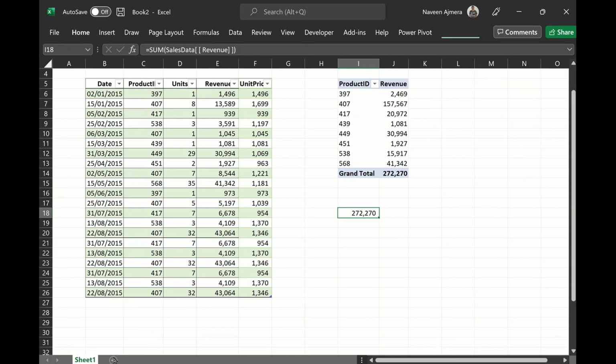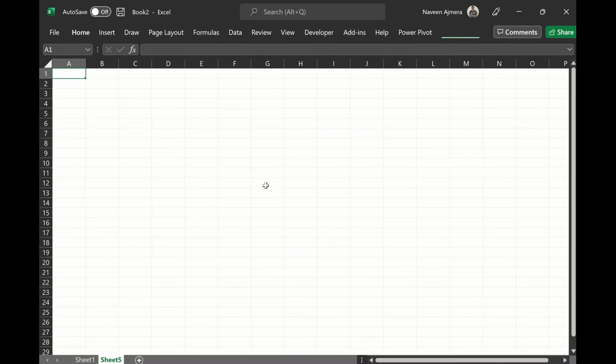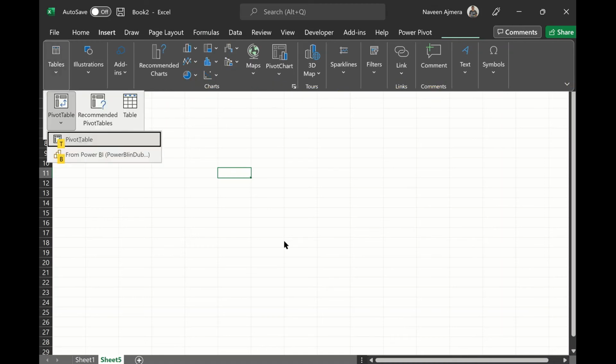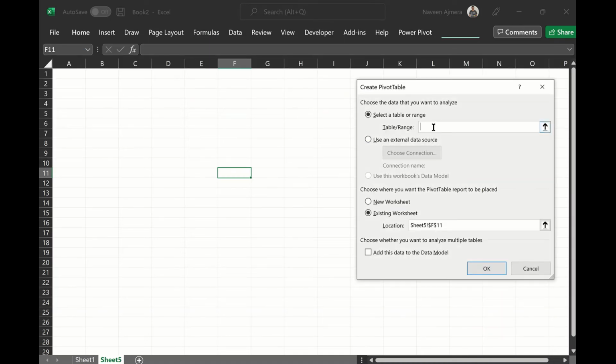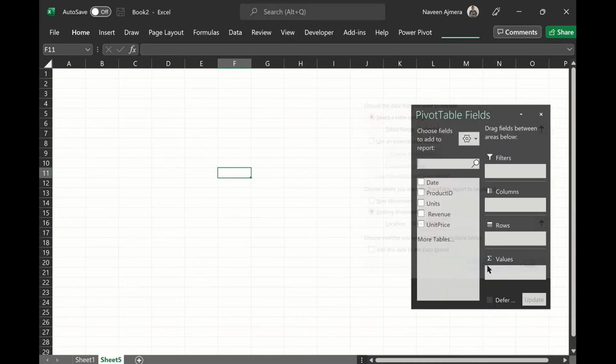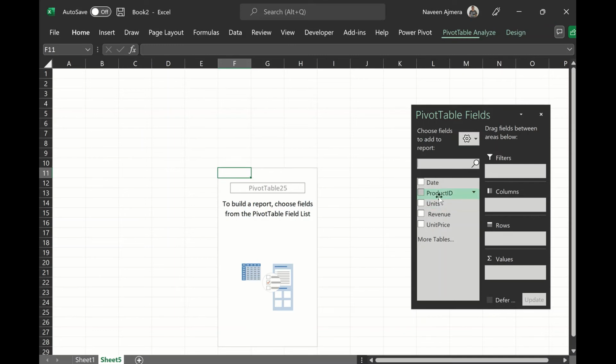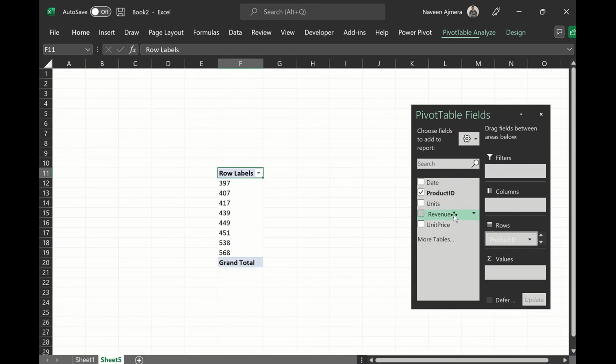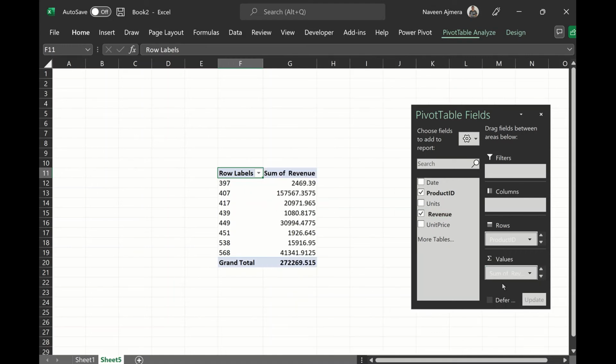Let's look at another sheet. In the new sheet, if I try to give the reference to create a pivot table, the same pivot table we had, I will use the shortcut Alt and D P, and in the table range, I will use sales data, which is our table name, and you will see that the whole range of the table appears here in the pivot table.